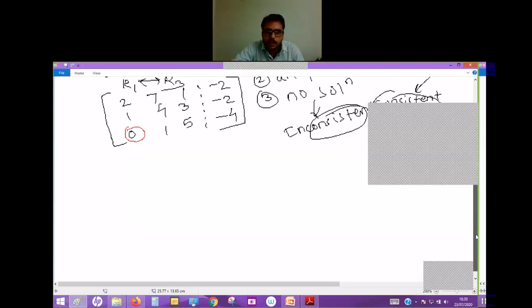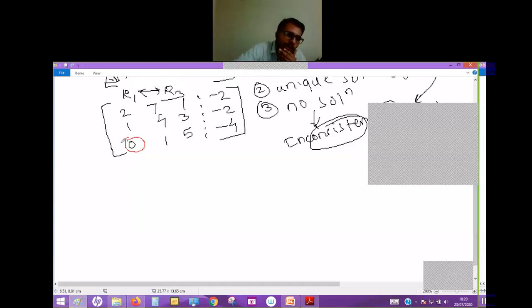And what will we do here? This element I have made 0. This element I have made 0. Then what I will be doing? I think R1 should be made. What I want to do here, I want to make this as 0 also. It's my choice. Echelon form is not telling me to, but to have some practice of elementary row transformations, I will be doing R1 minus 2R1. So what it will give me is this will become 0 obviously.